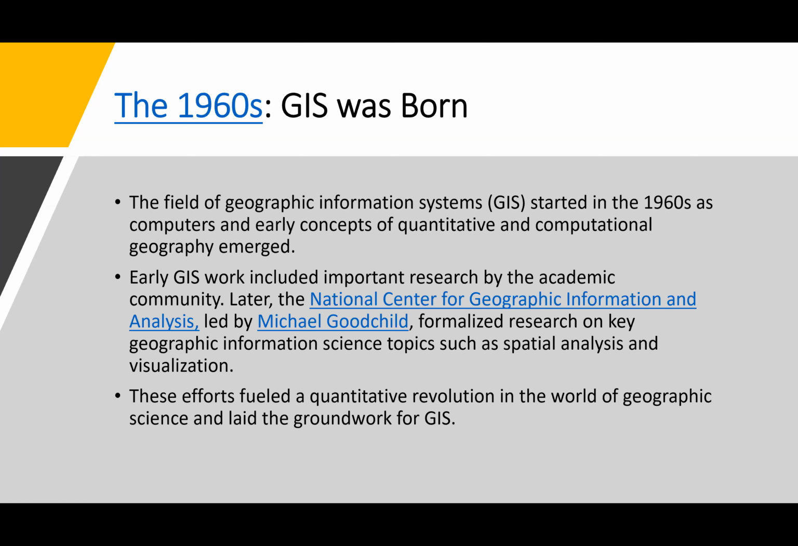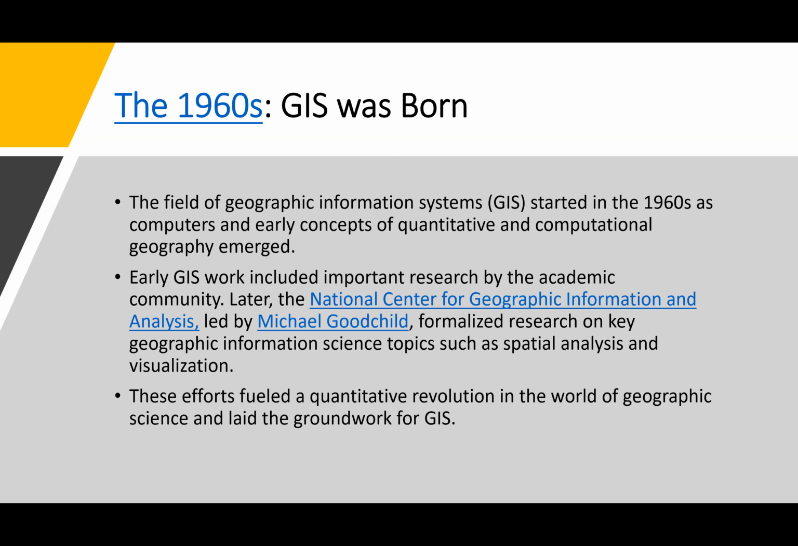Early GIS work included research by the academic community. Later, you'll find the National Center for Geographic Information and Analysis, led by Michael Goodchild, who is the author of the article that I have to follow up on this particular lecture. He formalized research on key geographic information science topics such as spatial analysis and visualization. So again, being able to use some of the computer techniques or computational power and dynamics that were becoming available at the time. And these efforts fueled a quantitative revolution in the world of GIS, geographic science,